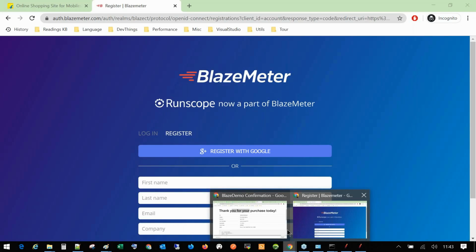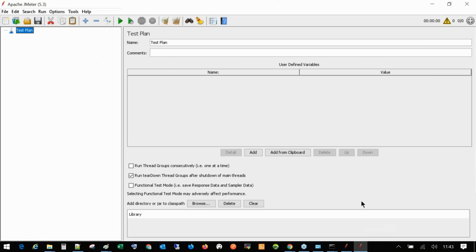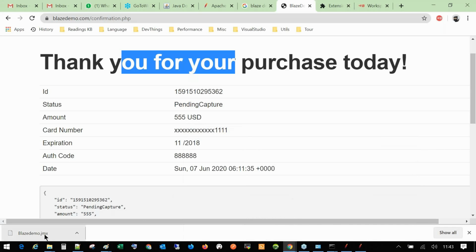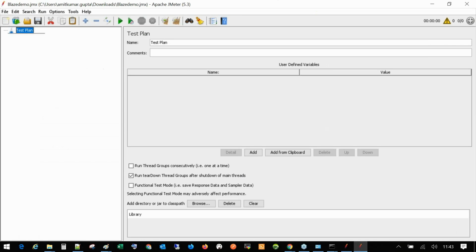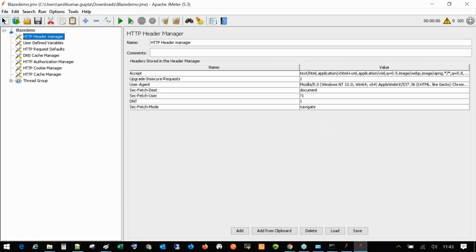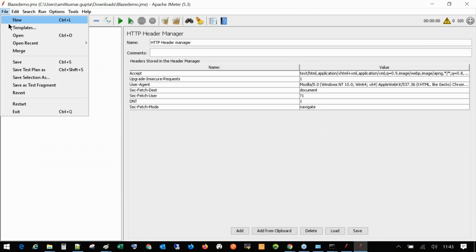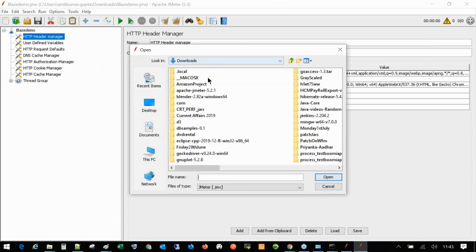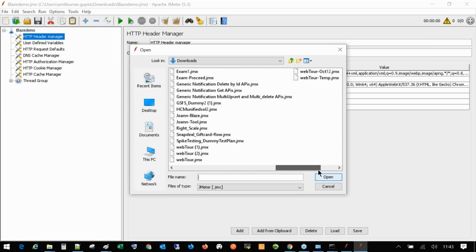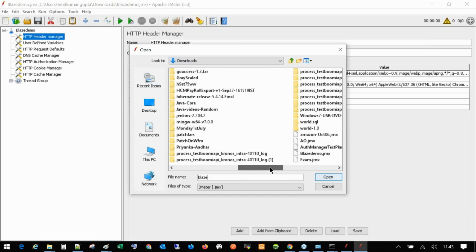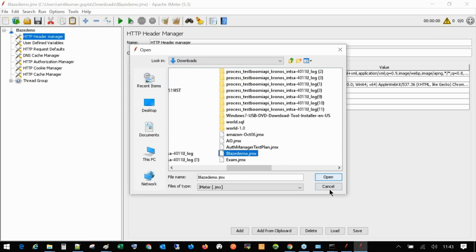Where this script is, this. You can simply drag and drop this as well. So I can simply drag it into my JMeter where I want to open it, or from JMeter you can just go to File, Open, and point to the script. What was that, the Blaze demo, right? So in a simpler way, you can just drag and drop, or you can simply select blazedemo.jmx and open that,